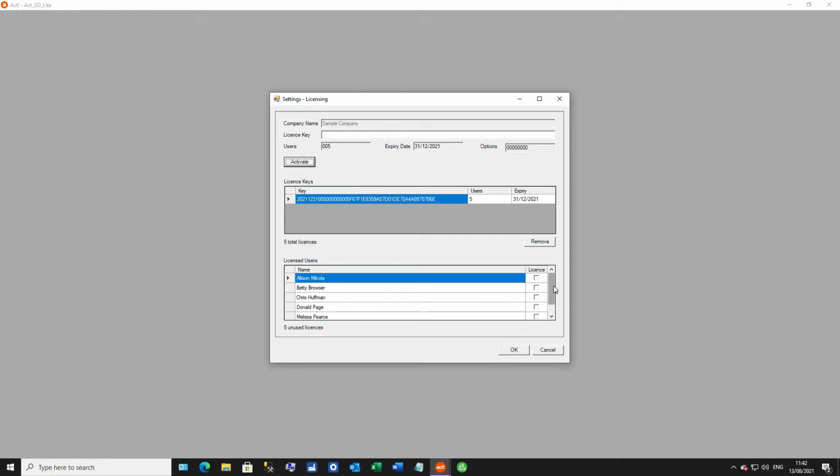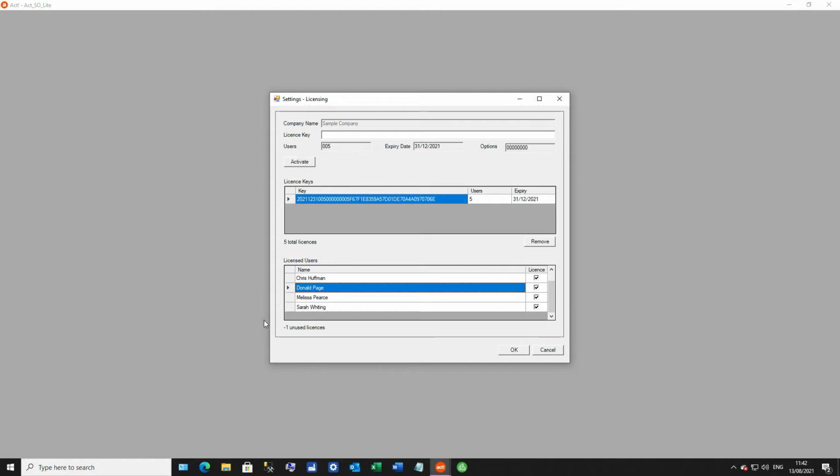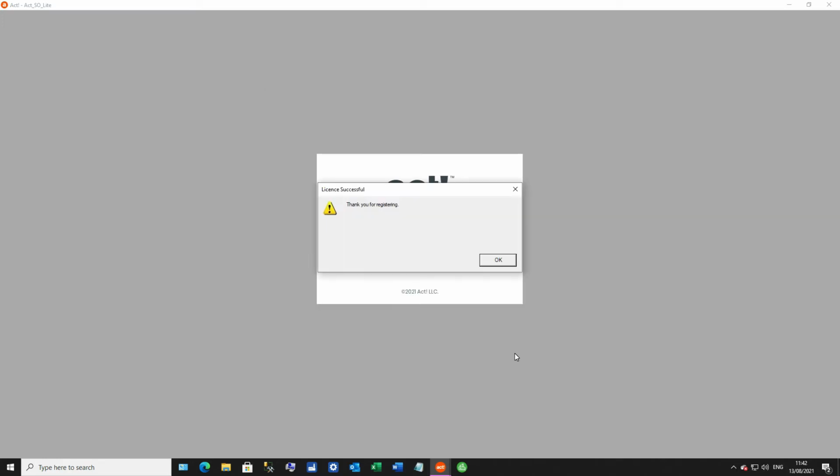Once done, you need to choose which of the ACT users you want to use the program. Just tick the ones you want and then click OK. You will notice the number of unused licenses down in the left-hand corner. If you have exceeded the number of licenses you have purchased, the number will go negative and you will not be able to proceed. If you have completed it correctly, you will be able to proceed and will get a